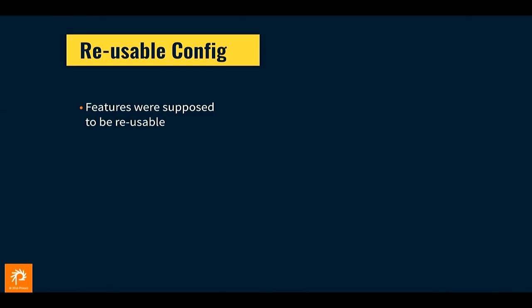So to do that reusable functionality, this is like going back to that photo gallery. I want to make a photo gallery, and I want to give it to you and let you use the photo gallery. So Features were supposed to be reusable. And I'm sorry, but it was a lie, because they're not. And we've all found this, right? If you've tried to do this,